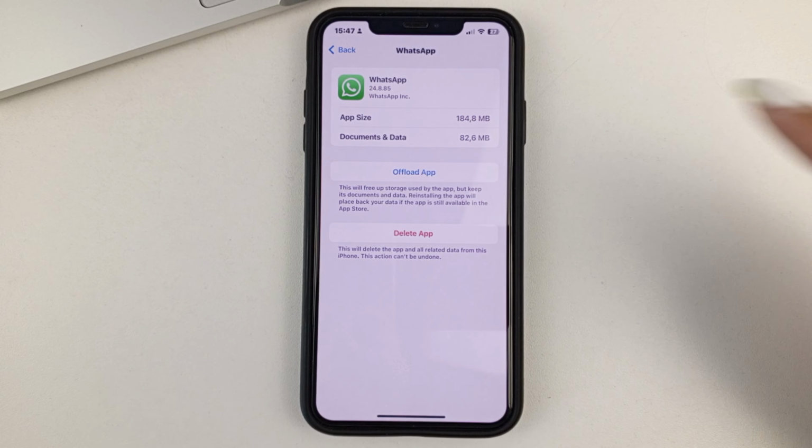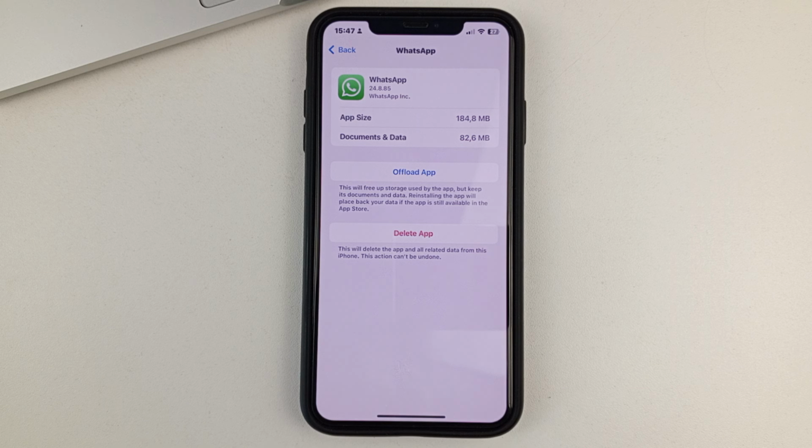Once the app is unloaded, you need to click on Reinstall App here as well. This will reset all the settings. It can also fix all the problems that are related to your lack of sound, clear the cache, and thus WhatsApp can start working as usual.